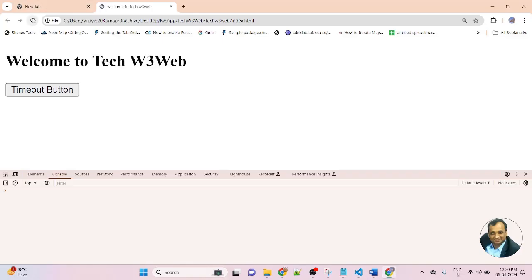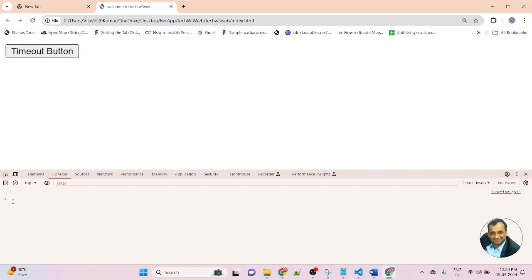So now let's refresh the page. Now click. I am clicking the button. Click. Wait. After 2000 milliseconds, you can see 1 is displayed. That means one setTimeout function was called and the title automatically hid.